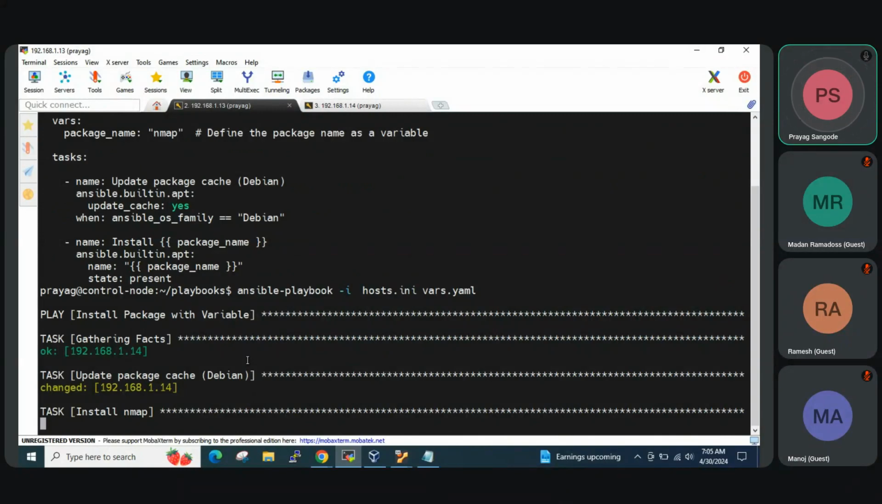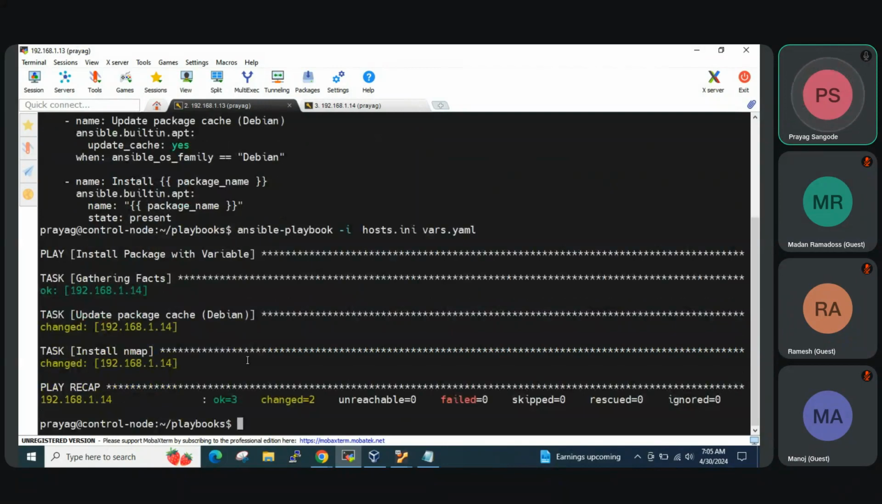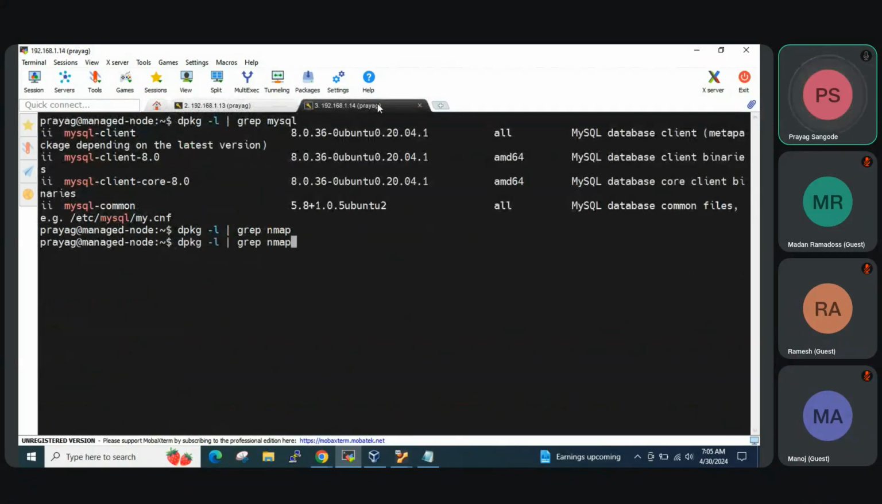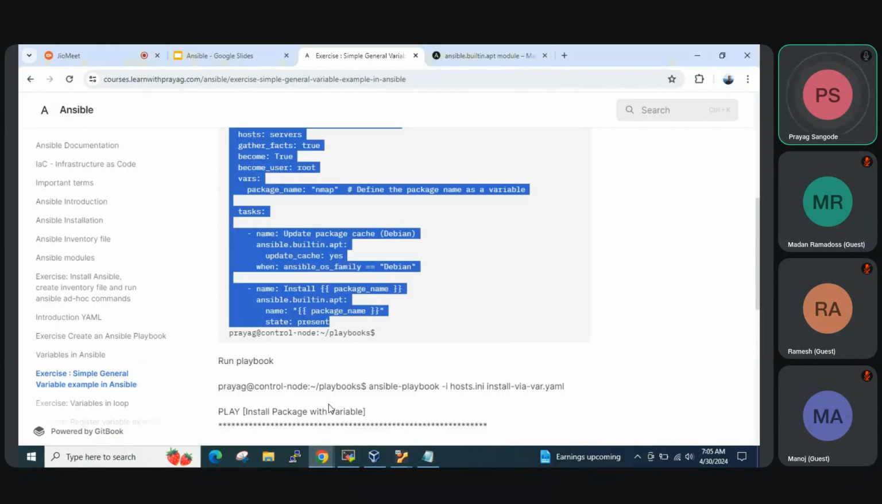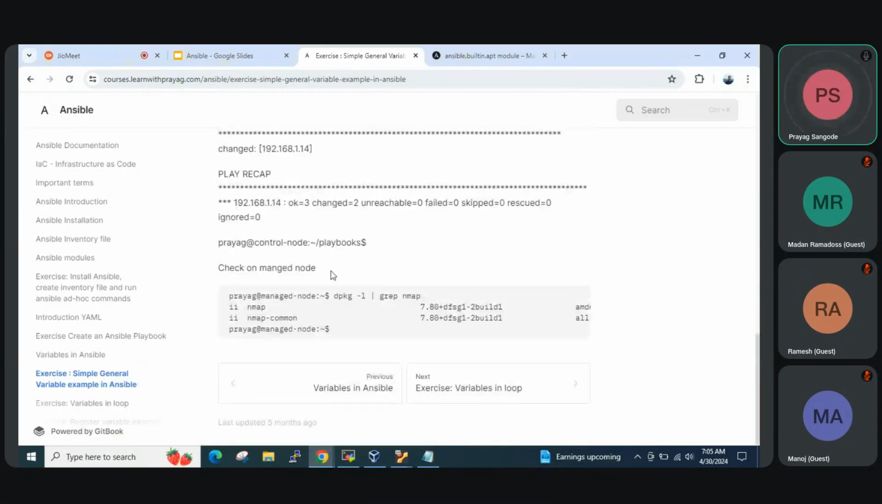But for achieving the same thing, we have multiple ways. So always refer to the documentation and the examples in it. If you see now, nmap is installed. So that completes our